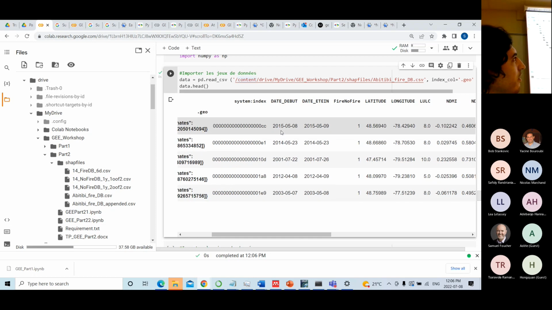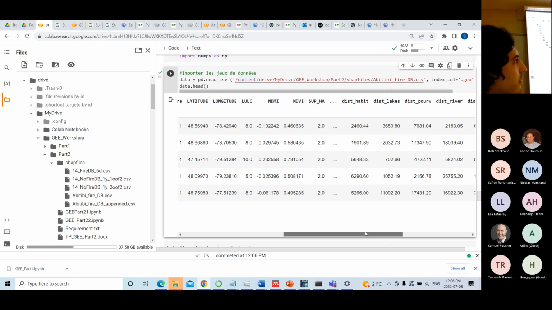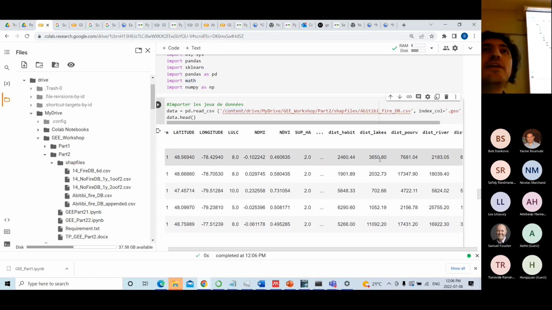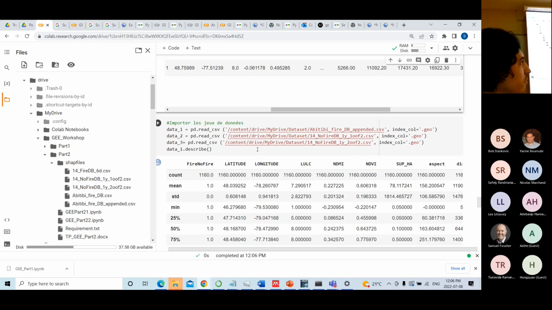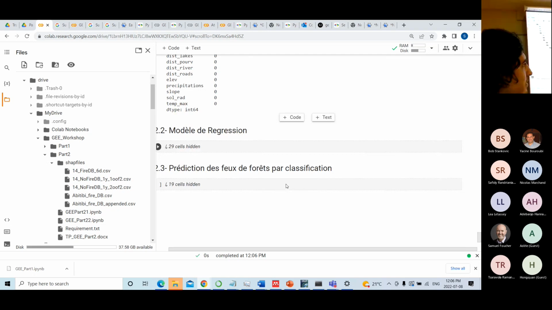You have a latitude, longitude, time, and you can see the land cover here, what is the NDVI, what is your NDMI, and the other features you have from your field data, okay? How we connected this data, so you can read all of this shape file in your data set. So how do we relate this